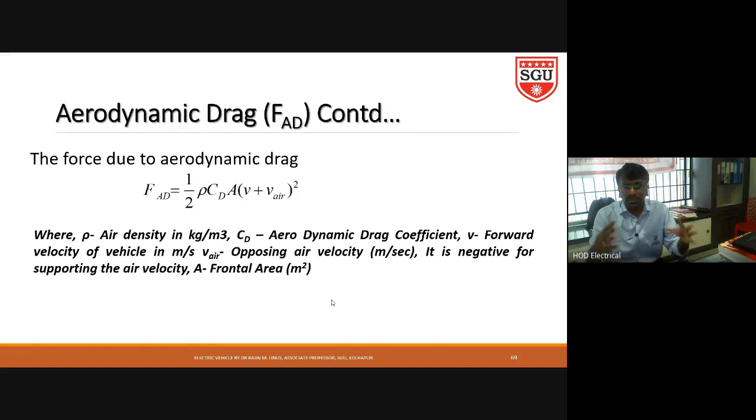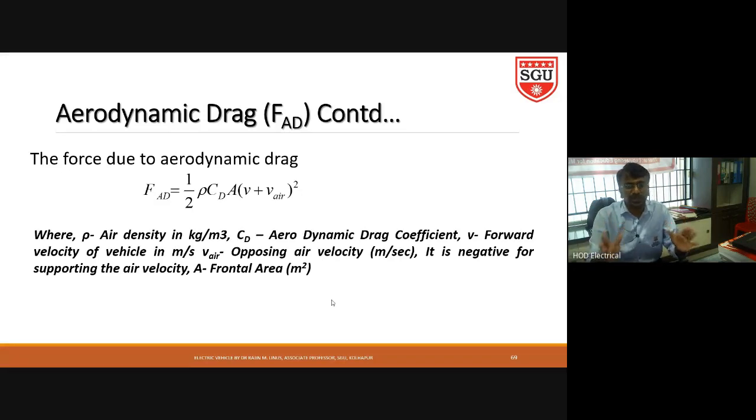Now, if the air is opposing the flow of the car, we will call it (V plus VAR) square. If the air is aiding, or the air force is supporting the movement of the car, then we will call it (V minus VAR) square.